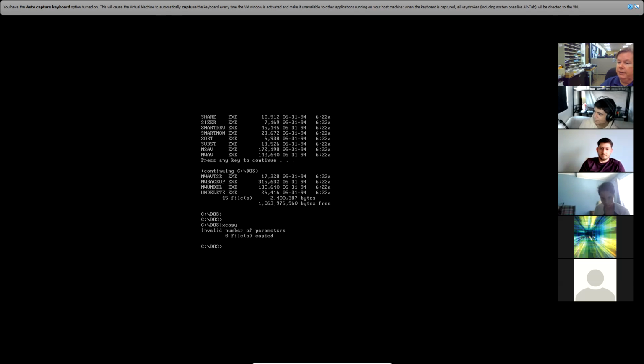DOS actually needed a special memory manager in order to be able to access it. Even though I said DOS can use 1 meg of RAM, well, actually, let me correct this. I said it can use 1 meg. We can use a memory manager, which would allow it to use up to 16 meg. But it required a driver for that. And the only way we can load that driver is by putting a statement in the config.sys where device equals